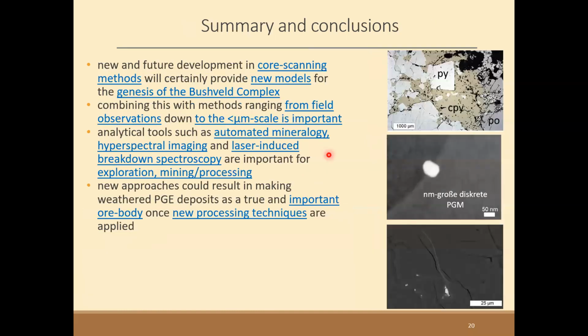And this brings me to my final slide, and I would just like to emphasize again what we have also seen in various other talks regarding these core scanning facilities. And I think it's a very nice method in combination with field observations, when we have seen these nice pictures always from Rais and others. But combining this with more detailed work on the micrometer scale on the different drill cores,